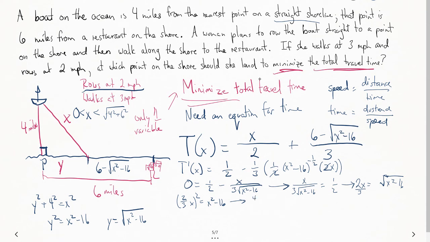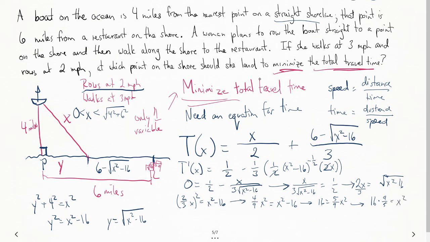So that makes 4/9 x squared equals x squared minus 16. Alright, well, add the 16 over and subtract the 4/9 x squared. That makes 16 equals 1x squared minus 4/9 x squared, which makes 5 over 9 x squared. So moving forward from there, what do we get? We get 16 times 9/5